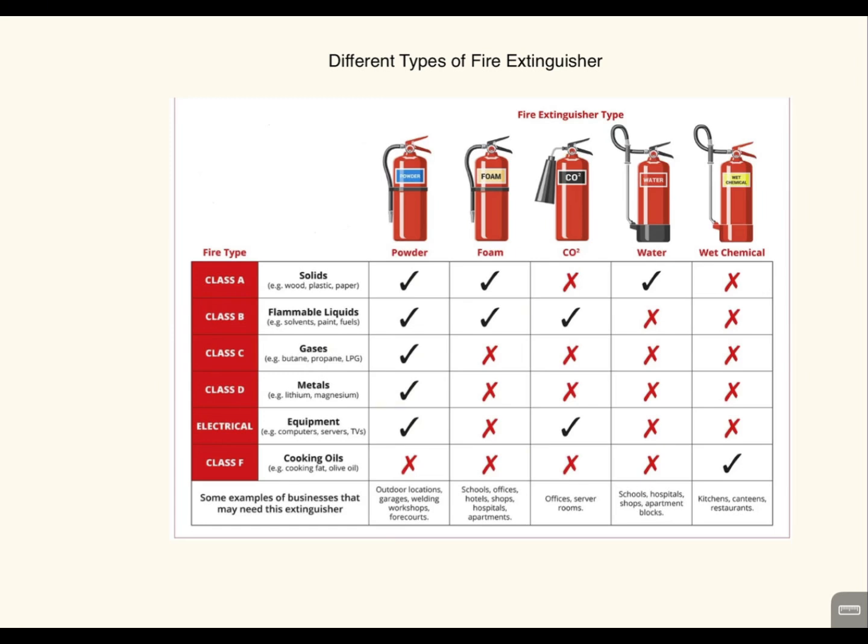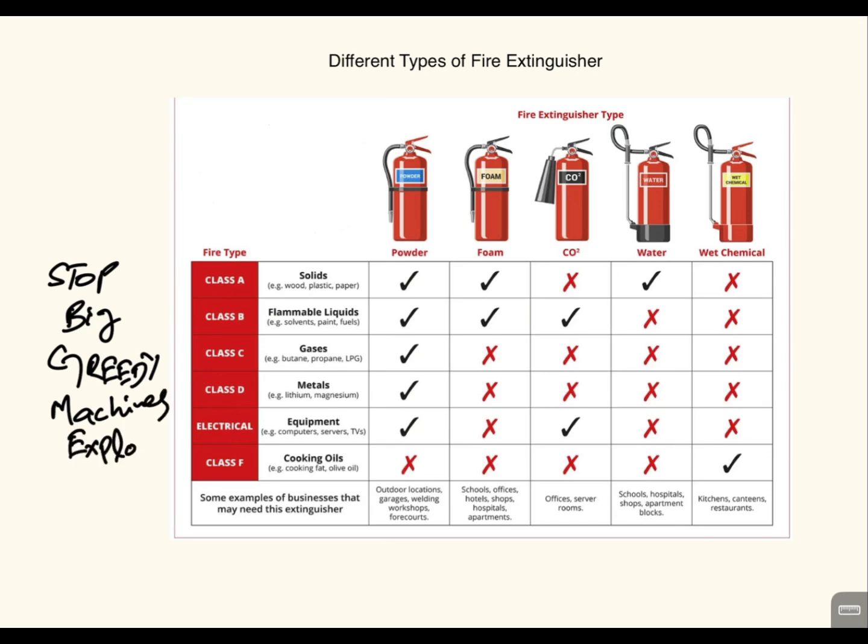The mnemonic would be, let me write it down here: stop, big, greedy, greedy, machines, machines exploding. Okay, so for instance, class A